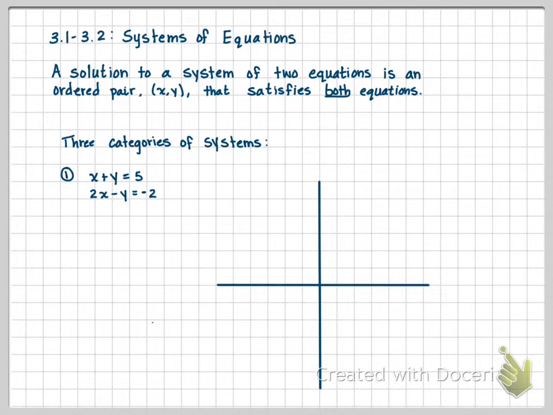And then after you've graphed each one separately, then you look at them to find your solution. So I think when your X's and Y's are on the same side, the easiest way to graph is to find the intercepts. You could always just fall back on using a table, where you pick a bunch of X values, plug them in, and find all the Y values. But if you have X plus Y equals 5, we'll do that one first. If your X value is 0, then this term just goes away. You have 0 plus Y, and so you get Y equals 5, which means we have a Y-intercept